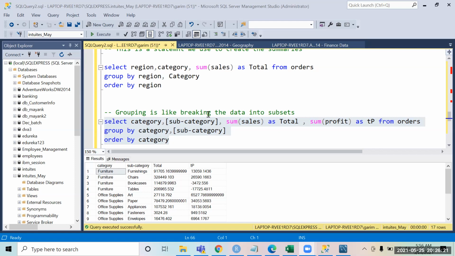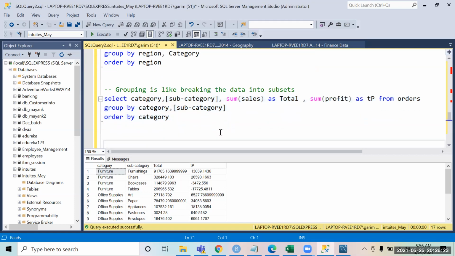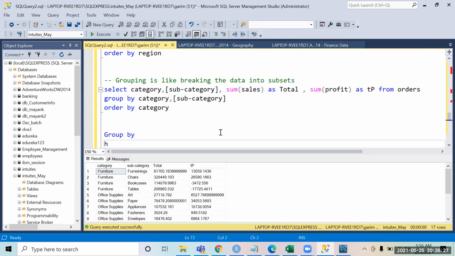Yes. Okay. So with group by, there is one clause that we can use, and that is having. Now this having is something that you can use with group by only. Without group by, you cannot use having standalone. So what is the use of having? Having is like where clause. But the difference is that where clause filters the data at a row level. Having filters the data at summarized level, right?